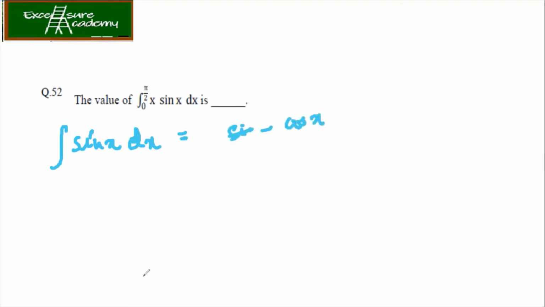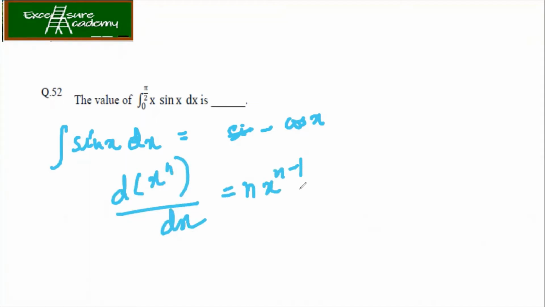And we also know that differentiation of x raised to n by dx is n x raised to n minus 1. Now integration of cos x dx is sin x. Keeping all these things in mind, now what you have to do is